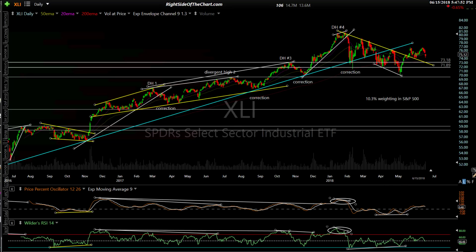This almost looked like flagging action too. In a strong bull market, when you see a breakout and a back test, it should be off to the races. Maybe it's just another pullback or correction here. But that shows me that this little rally and these bullish chart developments are getting sold into. And again, that is more characteristic of early stage bear market price action than